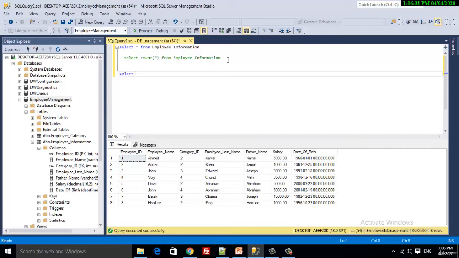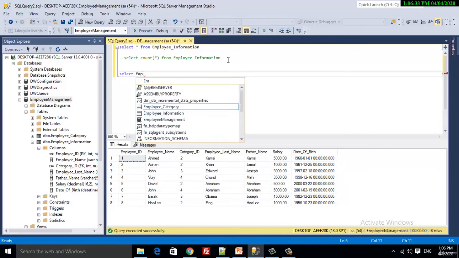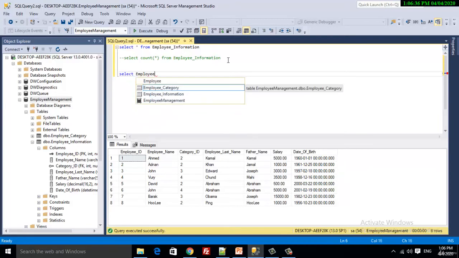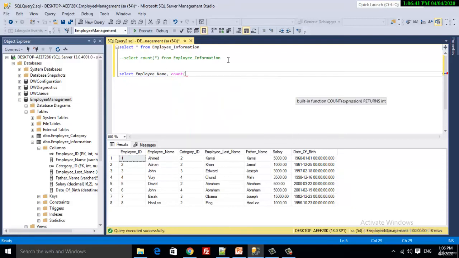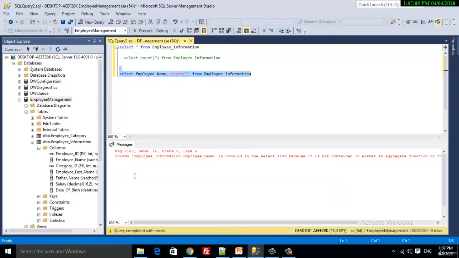Select employee_name, count(*), then from employee information. See what happens when I try to execute this query. It will give me an error. Okay, what is the error?